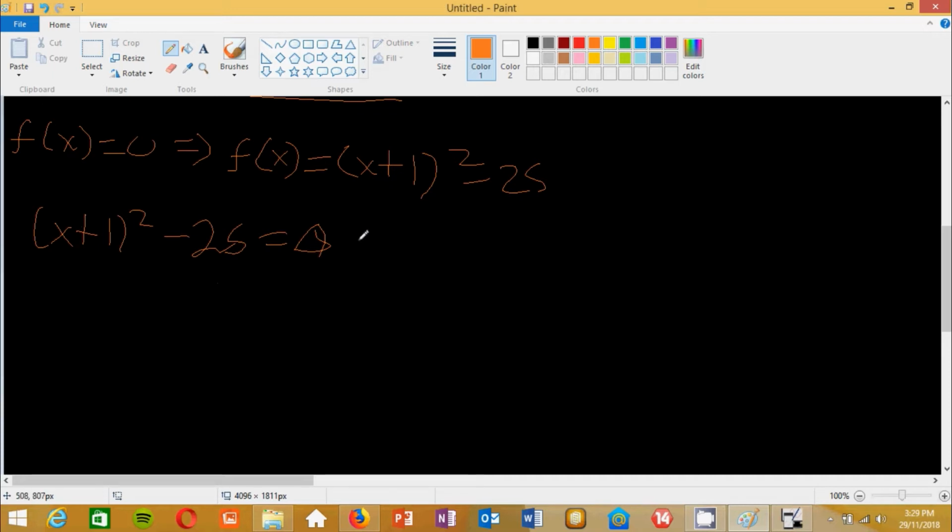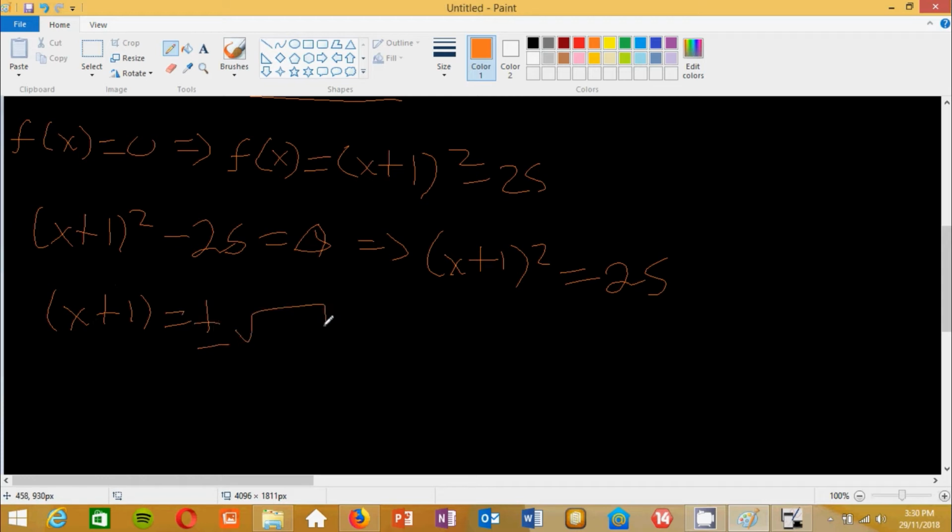And what this implies is that (x + 1)² is equal to 25, so x + 1 is equal to plus or minus the square root of 25. So x + 1 is equal to plus or minus 5,